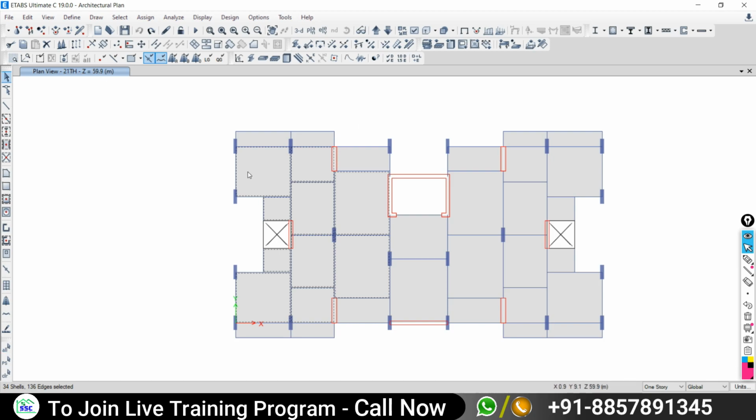This is only the slab, then I need to select the beams. So it is not easy to select each individual element, all the elements individually. So my intention is to select all the elements of my model, or you can say the entire model in once. So the long way, you all are with me?